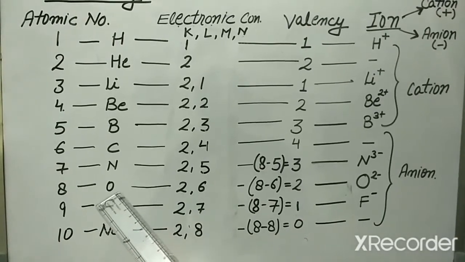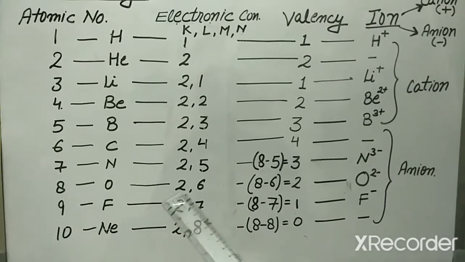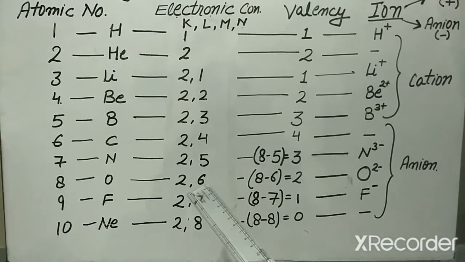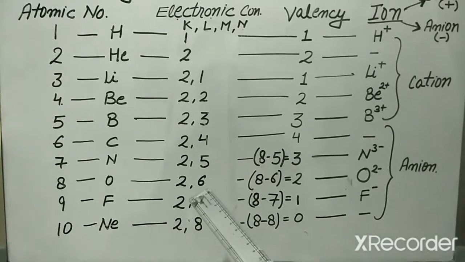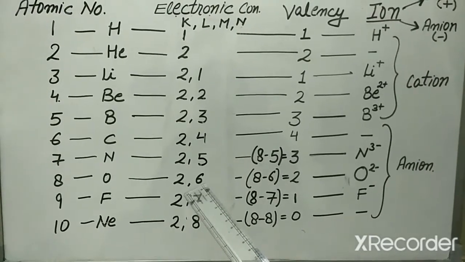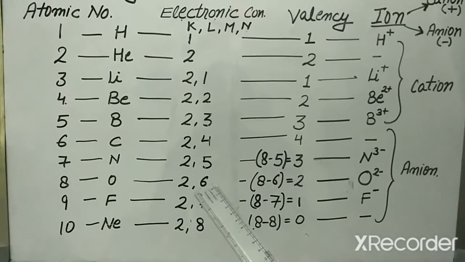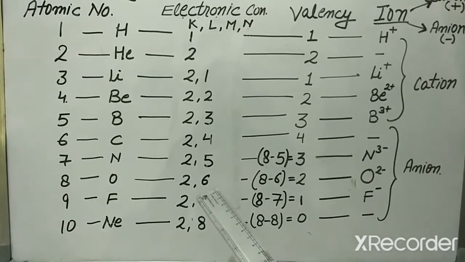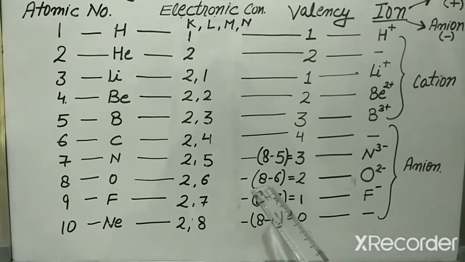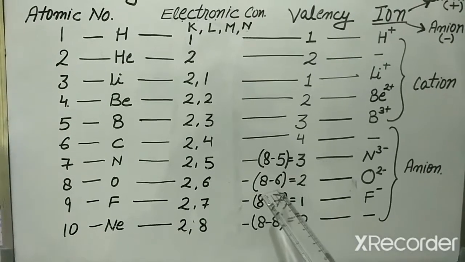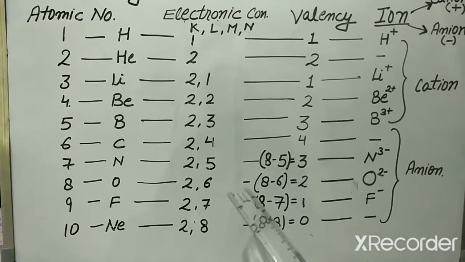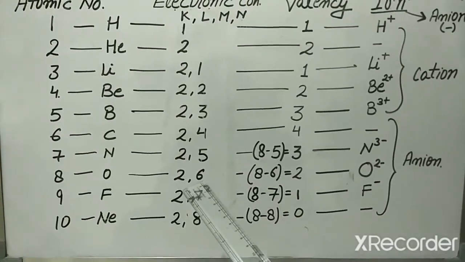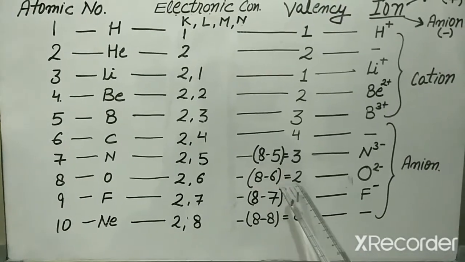Similarly, when we talk about oxygen, the atomic number is 8 and we distribute it as 2 6. In the outermost shell it has 6 electrons, and if it gets 2 more electrons from another element, then it will acquire a noble gas configuration, means the stable configuration which an element wants. So we can calculate it by subtracting, 8 minus 6, it's 2, or by just understanding that it requires 2 electrons to become 8. So the valency is 2.